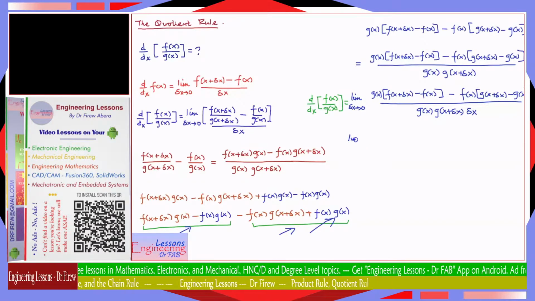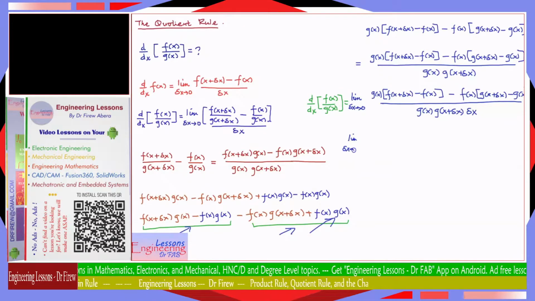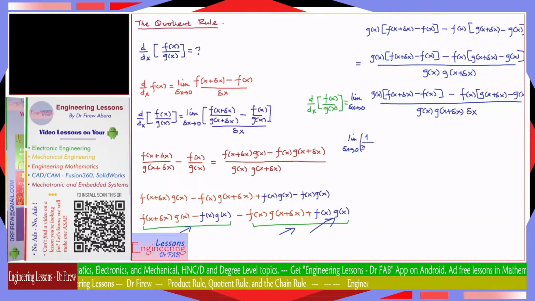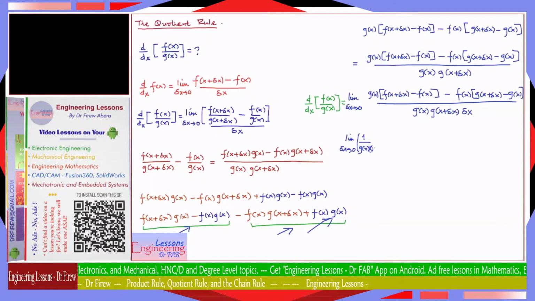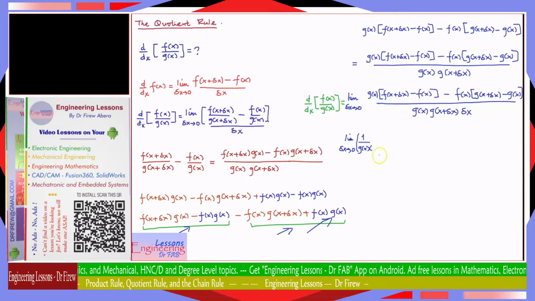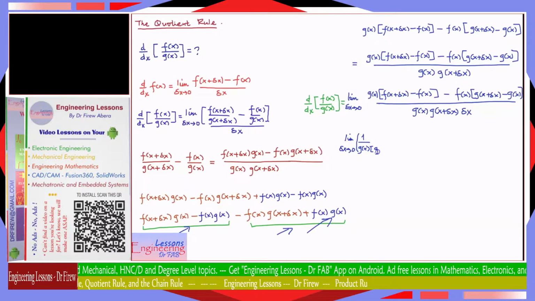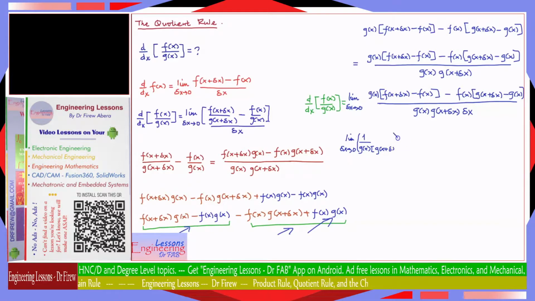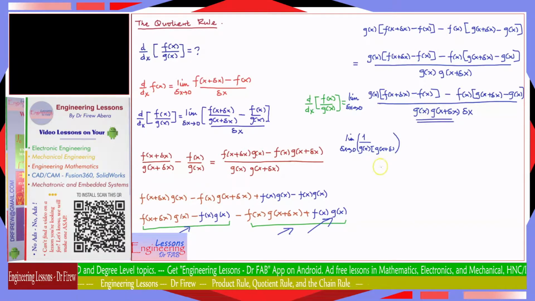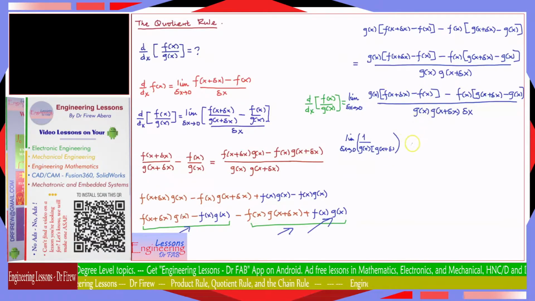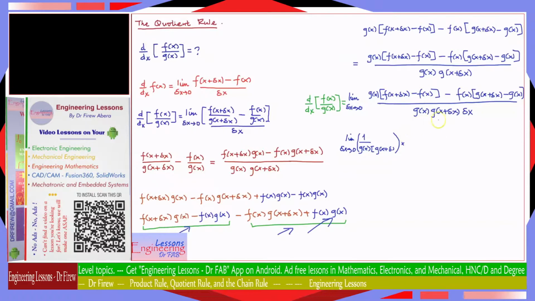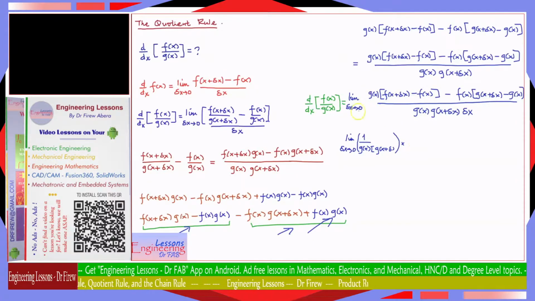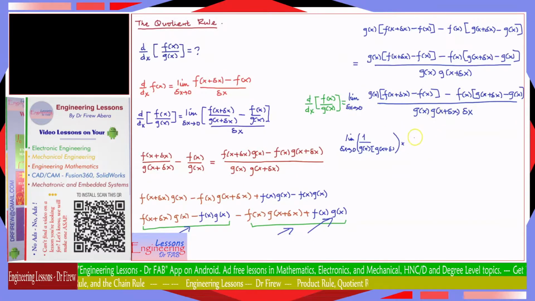The limit as sigma x approaches 0 of 1 over g of x times g of x plus sigma x for that part, okay, times, we can then take out g of x because that's not influenced by the variable change of x, so that will be g of x